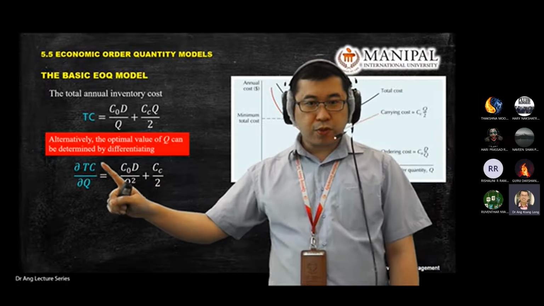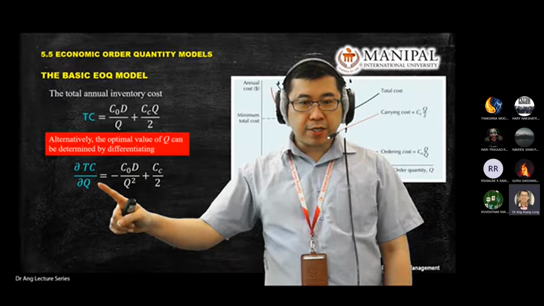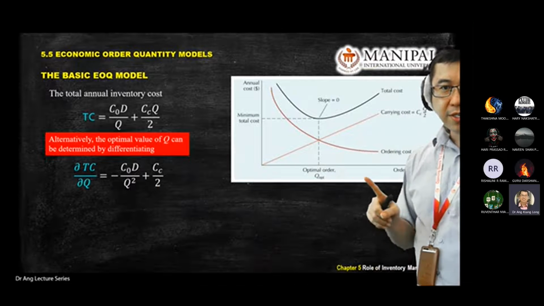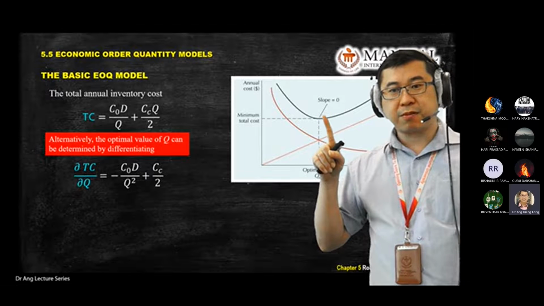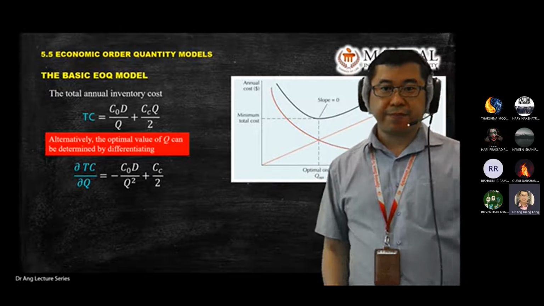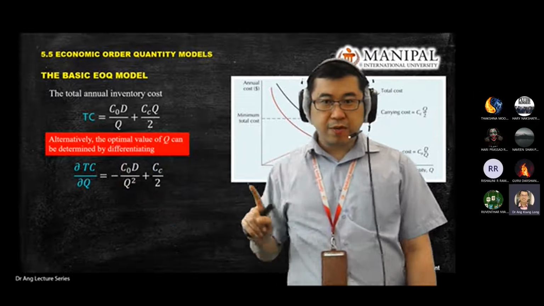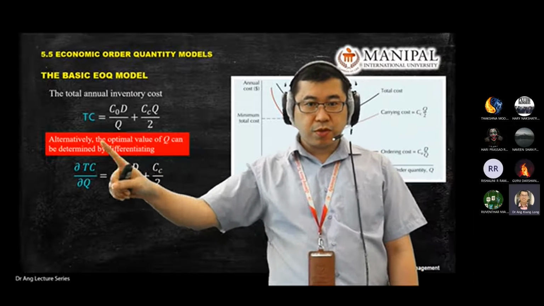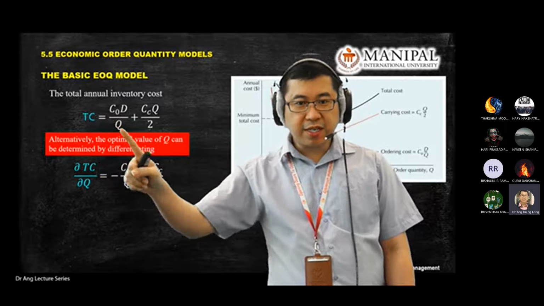You plot total cost divided by Q. Total cost divided by Q basically is your Y and X. How do you find the minimum point or maximum point of a quadratic equation? dy/dx, right? So what is your Y? Y is your total cost. What is your X? Your X is Q. So your dy/dx, your dTC/dQ